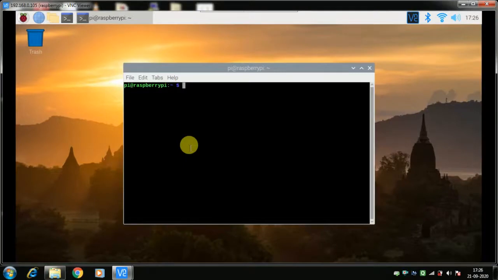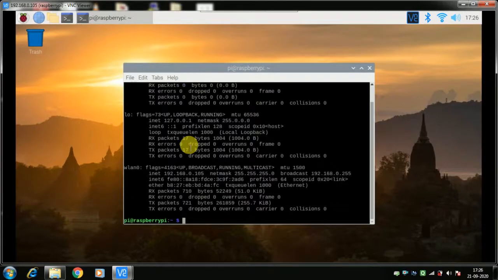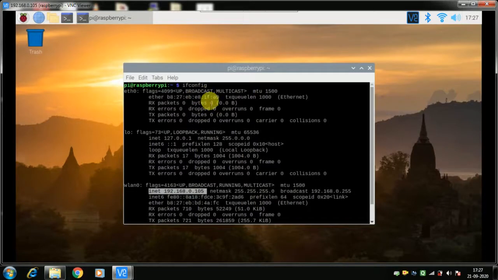There is one Linux network related command, an important command, ifconfig. So if you want to know your IP address, etc., you can try this ifconfig. You can see, because I'm connected through WLAN0, this is my internet IP address, and if you are connected through Ethernet, then your IP address will be available in eth0. Okay, so this is one important command.